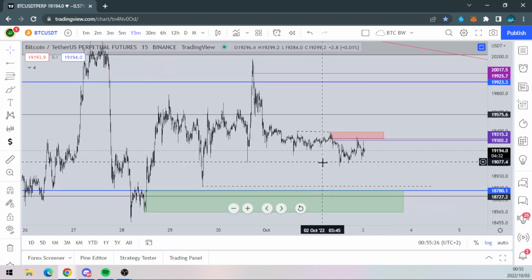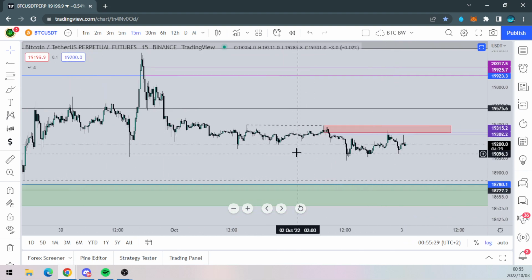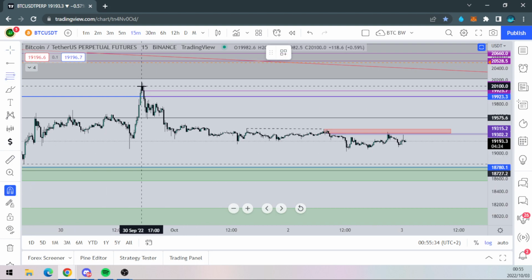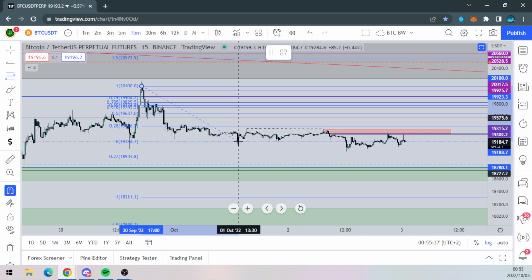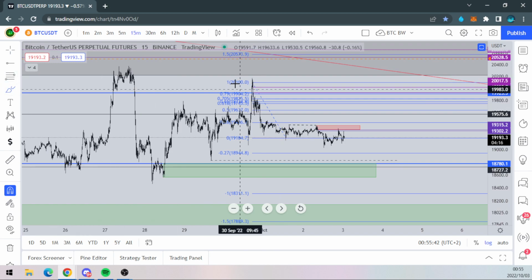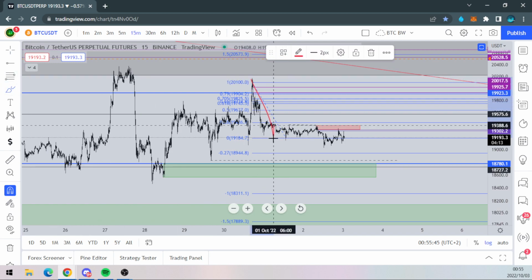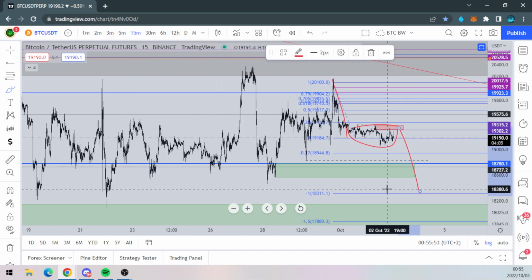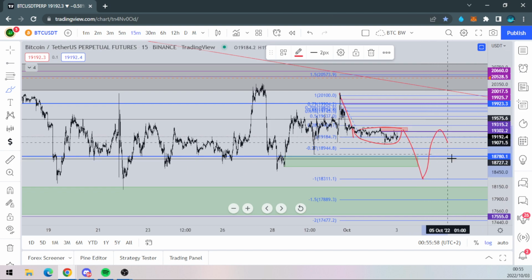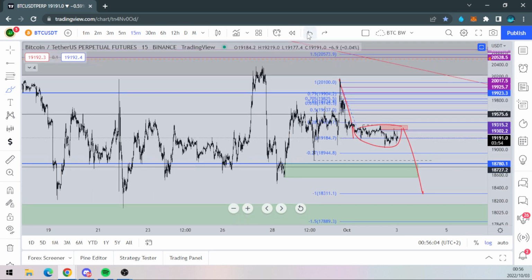Let's just double check something else here. If we can get a, well, this may be too much. I want to check something. Yeah. Okay, so that may work out, where we take the length of this leg here, and then this being the correction here, and then we project it down at 100% extension. We're looking for something there. Once we get that, we look for that, and then finally a breakdown there. Right,